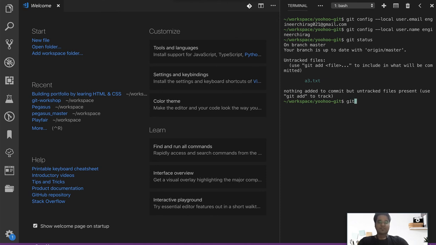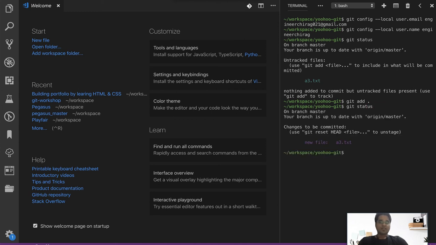Cool. Let's see what all changes we have. We have this file. Let's try to add this file as well. We can use dot also. This dot is basically used to move all the files from your working directory to the staging environment. Suppose there were 2-3 files, in that case you don't have to manually add all of them, they will be added in a single go. Now it got moved to the staging environment. Now we are going to make a commit and say this is a small change which is changing your user info in git.